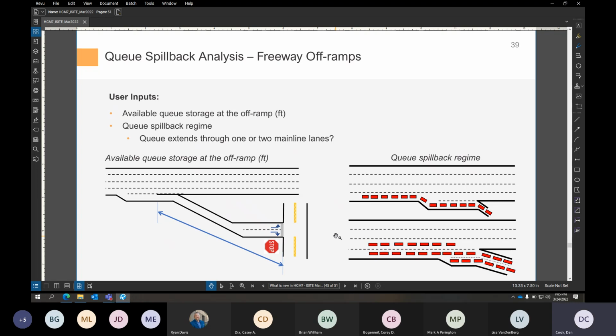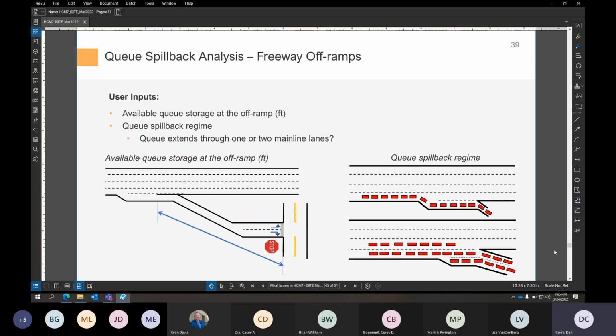So part of that Q spillback analysis for freeway off ramps, of course, it's all about what is the performance of, in this case, I show a stop sign. It could be a signal too. What's your storage? Is that queue going to extend back into your freeway? But also you might have a couple different regimes on how,